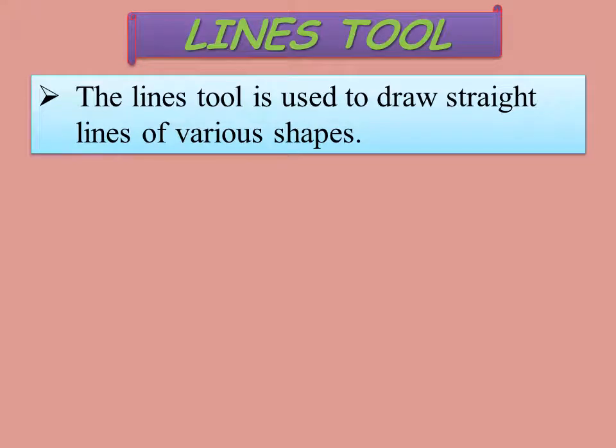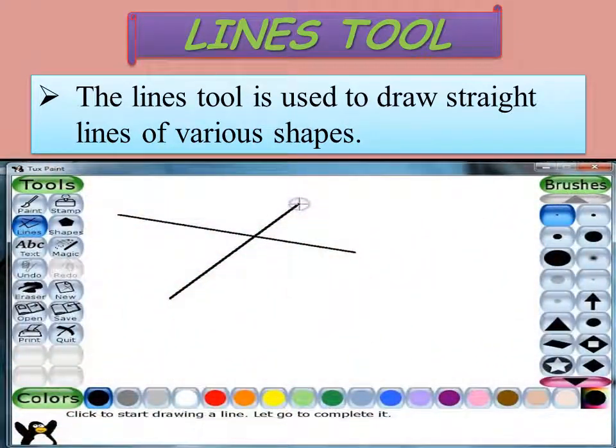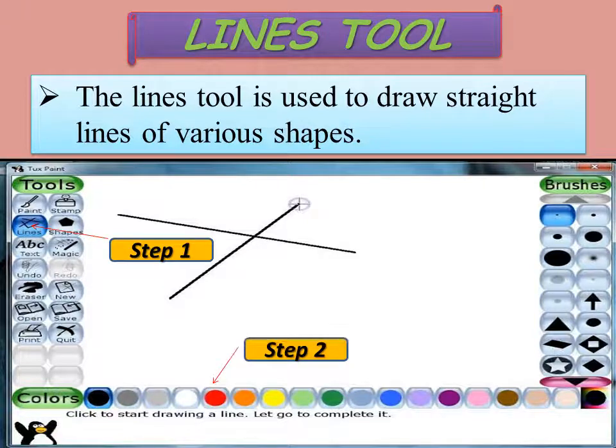Lines tool. The lines tool is used to draw straight lines of various shapes. How to use Lines tool on Tux Paint. Step 1. Click on the Lines tool from the toolbar. Step 2.